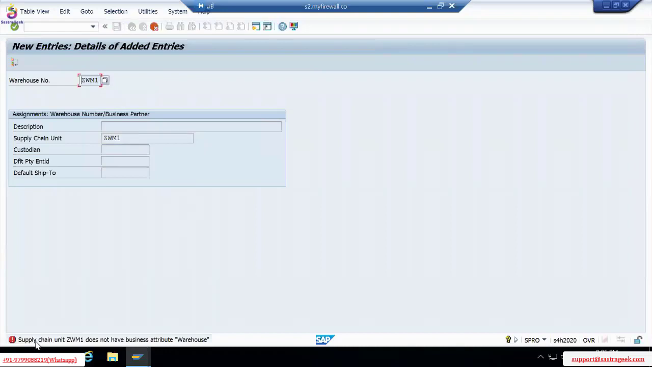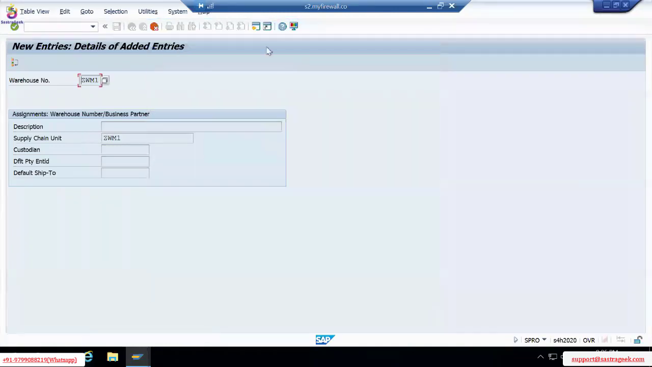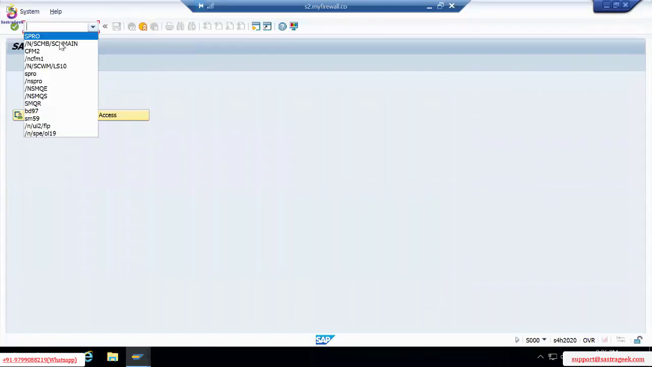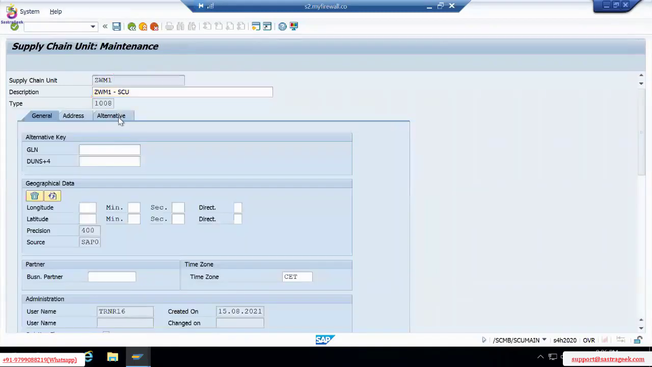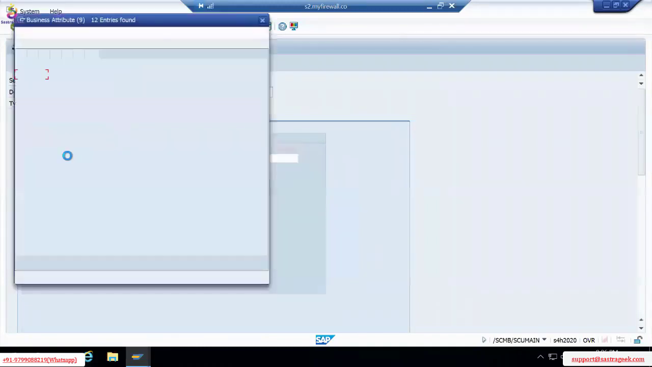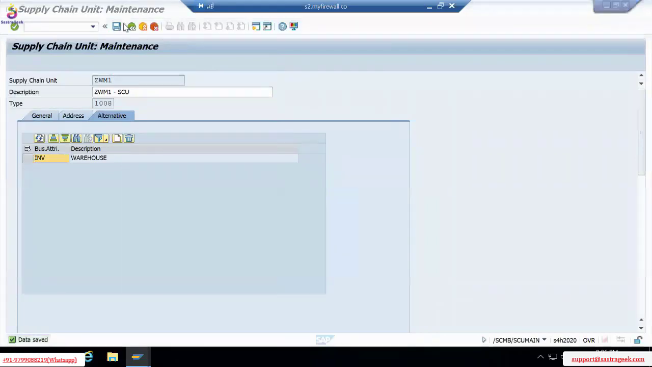ZWM1. However, if you see this, this supply chain unit does not have the business attribute of a warehouse, meaning our supply chain unit, whatever we have defined, here it is expecting us to have the business attribute of a warehouse. So this is what I said, that supply chain unit will have separate kinds of alternate things. Like for example here,